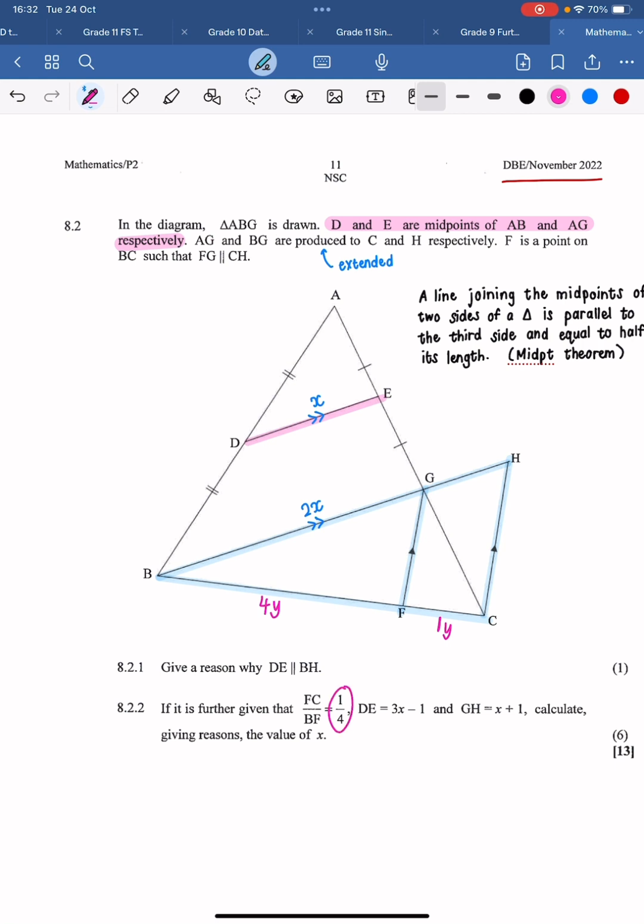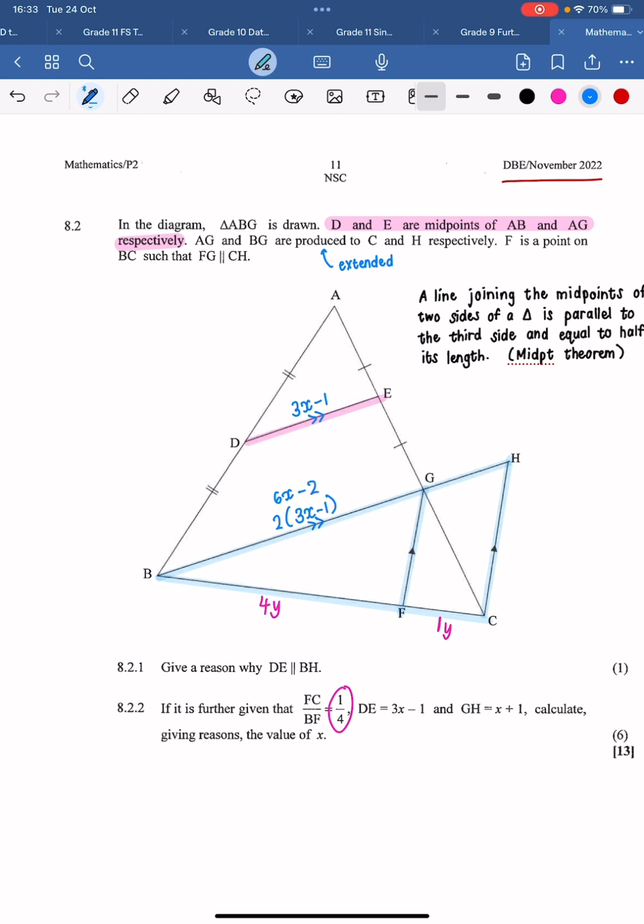If I'm using this, I can just write 1 over 4, but that's just a reminder that those aren't the actual lengths. They're also telling us that DE is 3x minus 1. So now I'm going to take away that x there, because they're telling us this is 3x minus 1. Now, what does that mean? According to midpoint theorem, if this is 3x minus 1, this length is going to have to be double that one. So 2 times 3x minus 1, which you can also write as 6x minus 2 straight away,